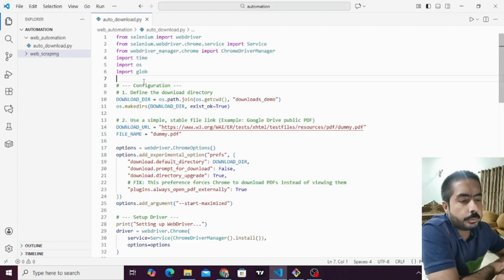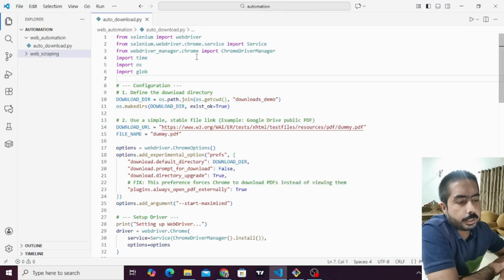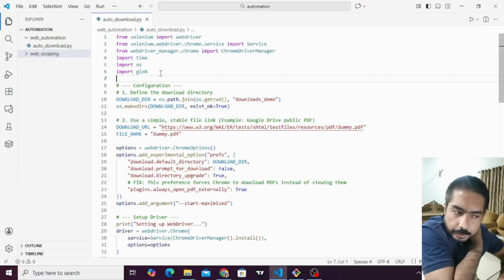First of all, we will install Selenium and WebDriver using any terminal you want, with pip install selenium and webdriver. I had already installed this, so let's jump into code. I have already completed the script. I will explain it to you line by line. First of all, we will import Selenium webdriver, service, and other imports: time, os, and glob to perform this